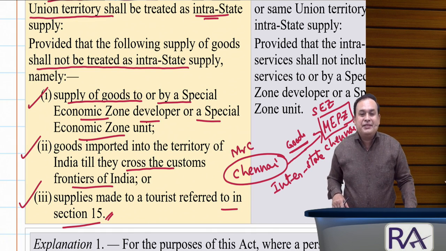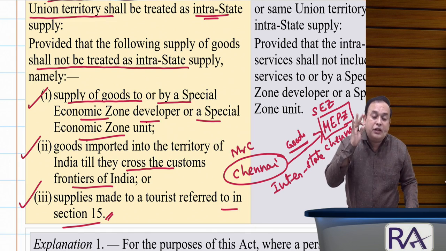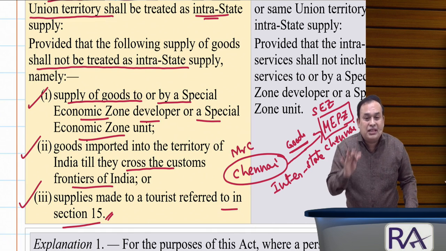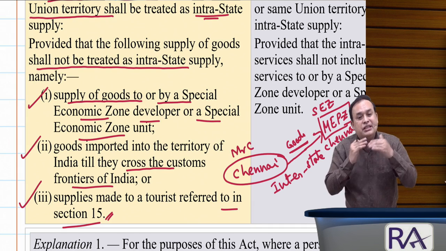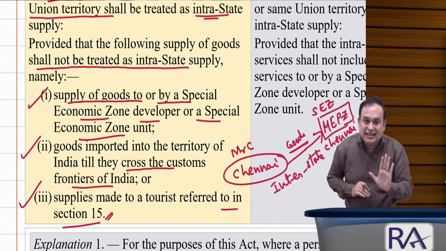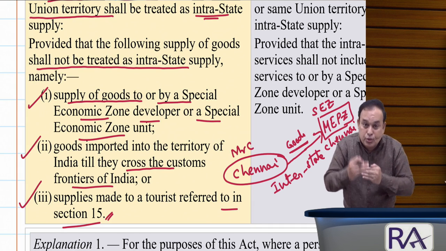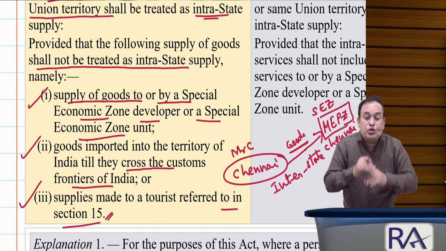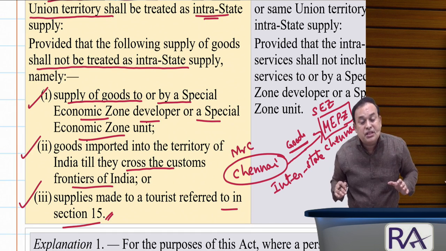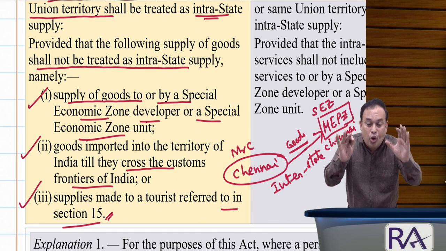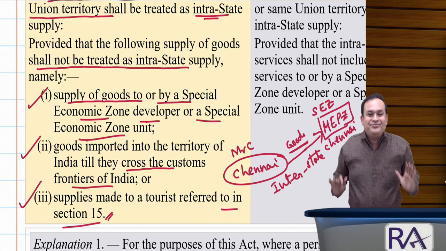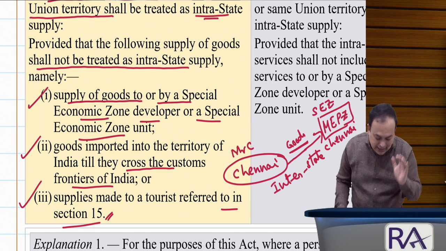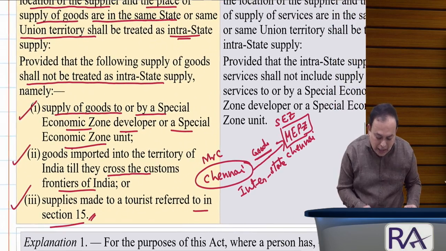Is it clear, my dear sir? Section 8 subsection 1 talks about location of the supplier and the place of supply in the same state, which we call intrastate supply, subject to Section 10. That means supply of goods where there should not be import or export of goods. Then only this concept of Section 8 subsection 1 holds good. Is it clearer? Likewise,